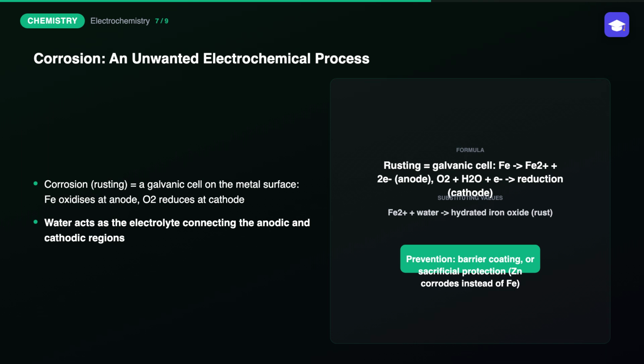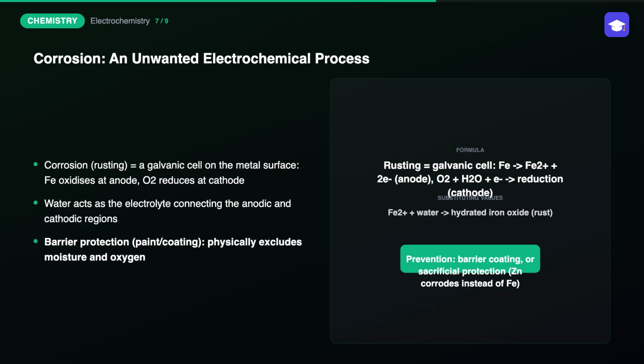The iron 2+ ions subsequently further oxidize and combine with water to eventually form hydrated iron oxide, ordinary rust. Corrosion prevention strategies directly exploit this same underlying electrochemical understanding. Barrier protection, like painting or applying a coating, simply physically excludes moisture and oxygen from ever reaching the metal surface in the first place, while sacrificial protection, galvanization, coating iron with a more reactive metal like zinc, works differently and